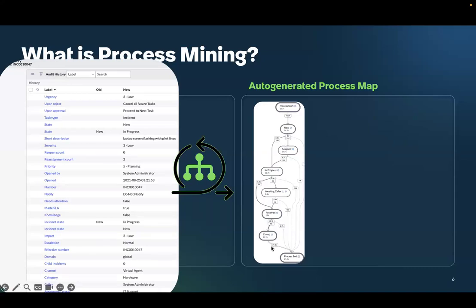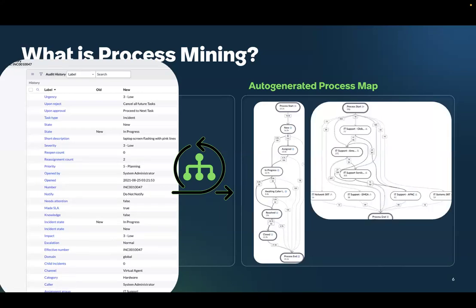If you point it to the assignment group field, for example, it would look somewhat like this: how the tickets have moved between groups, ping-ponging from one group to another and so on. But you can literally point the solution to any field you want, with some restrictions, of course, and you'll be able to generate these process maps quickly based on which table you are pointing it to and which fields you select as an activity in your mining.